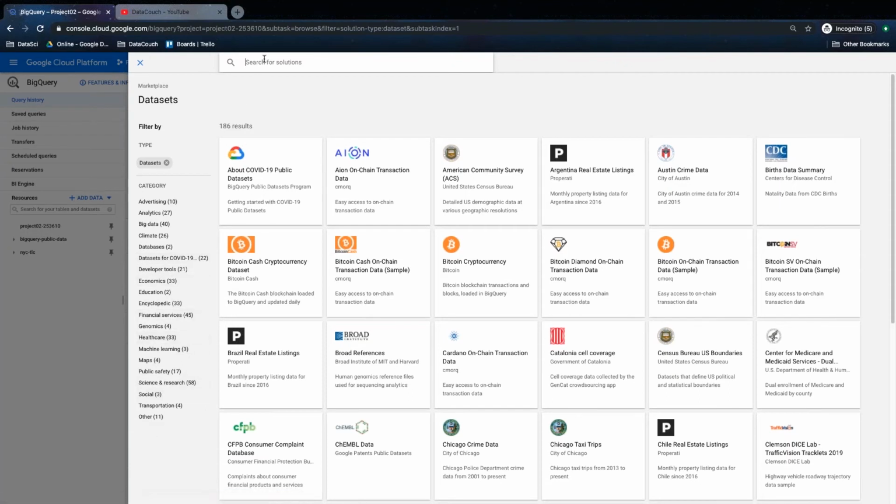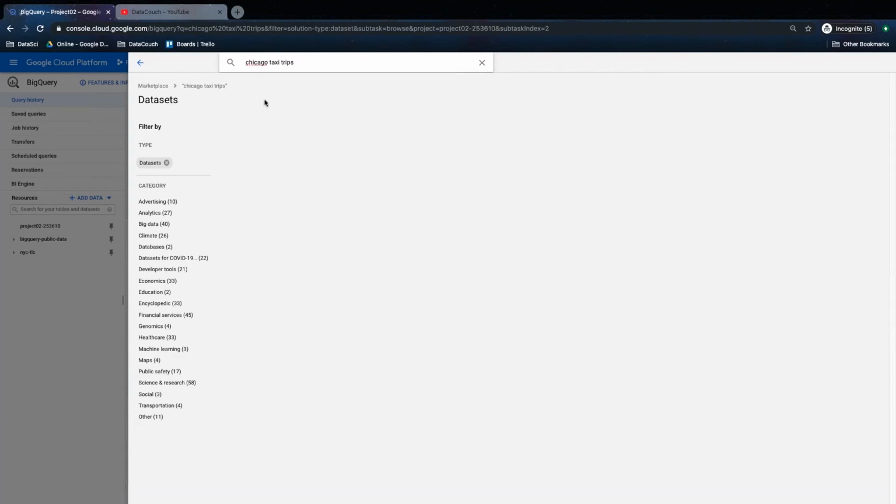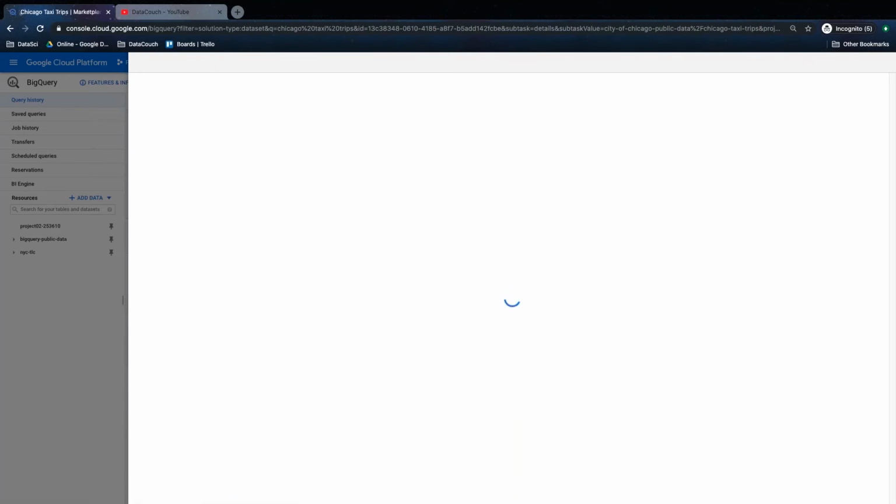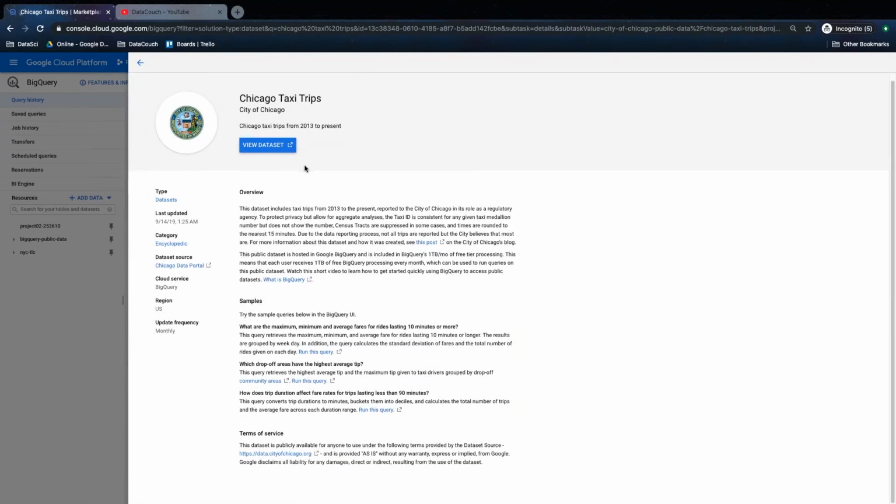Right now I will show you the Chicago taxi data set. I'm just typing Chicago here. There are 186 data sets, including Chicago taxi trips. When I click here, I can see there is one data set related to that. I go inside it and I can see this data set has an overview. It talks about what exactly it is. It is about taxi fares, the taxi trips from 2013 to the present, that is maybe 2019, because it was updated in 2019, and it also has details about the various attributes that we have.